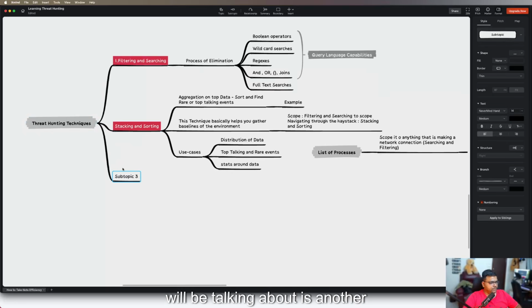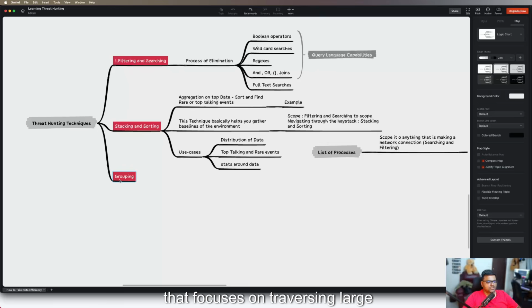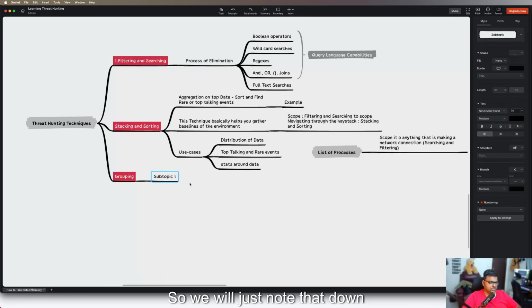So the next technique that we'll be talking about is another one of the basic statistical techniques that you would generally apply. It's called, simply, grouping. What we have here is a technique that focuses on traversing a large amount of data or finding sets of groups of events that have occurred around a single entity, right? So we'll just note that down. What it does is allows you to